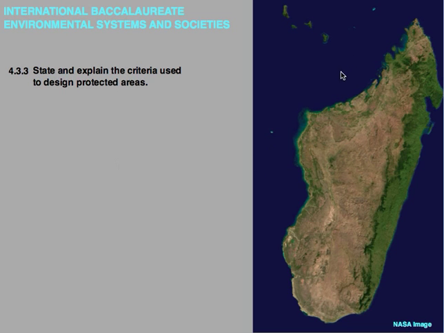A NASA image of the island of Madagascar. Perhaps the haven of the most unique biodiversity on planet Earth. Sadly, 95% of this fabulous island has been deforested, leaving, as you can see, a slither of green along its east coast. Many areas within this east coast have now been designated as protected areas,